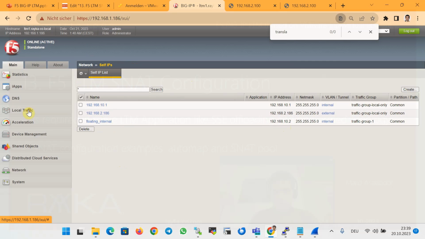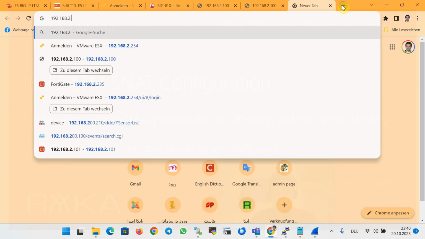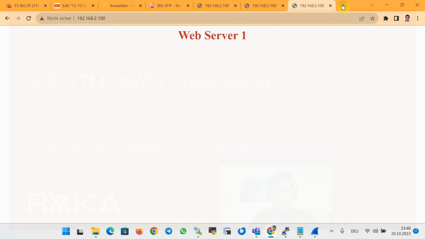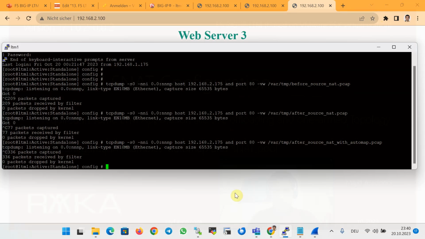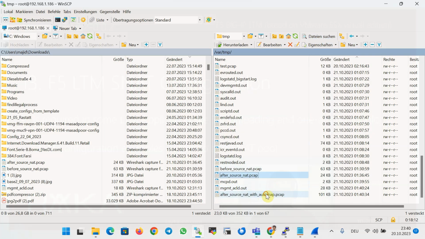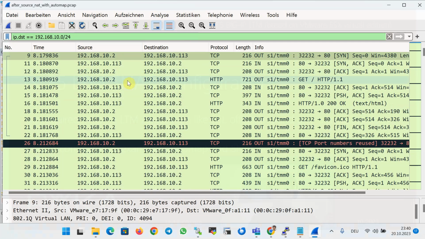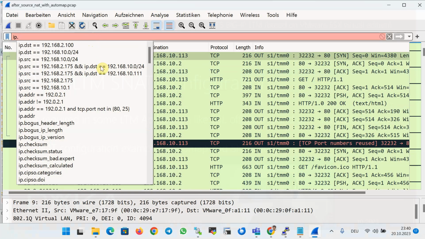or 10.1. Now again we connect to the virtual server and capture traffic again, this time with the name of after_source_NAT_with_automap, and then we connect again to the virtual IP address, and then web server 3, and stop the capture, download the capture to the local computer, after SNAT with automap, and again we open with Wireshark, and this time